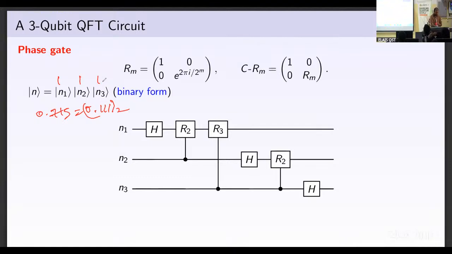So what the quantum Fourier transform circuit looks like: we have a Hadamard gate on the first qubit, a controlled rotation on the first qubit controlled upon the second one, another controlled rotation controlled on the last one, a Hadamard again on the second qubit, and so on. So it's kind of a cyclical structure. A controlled rotation gate is basically a phase gate which is controlled over another qubit. This is the general structure of a rotation gate. And a controlled rotation is just you have a unit operator here, and